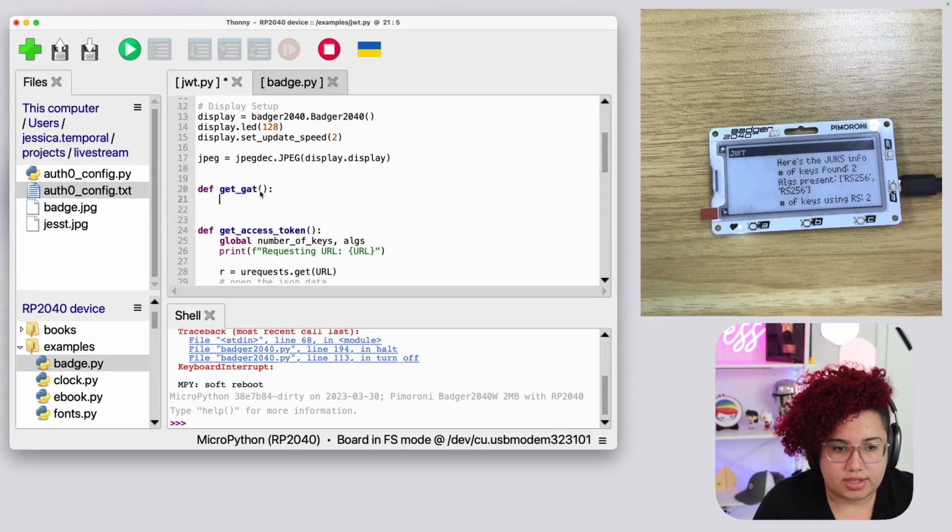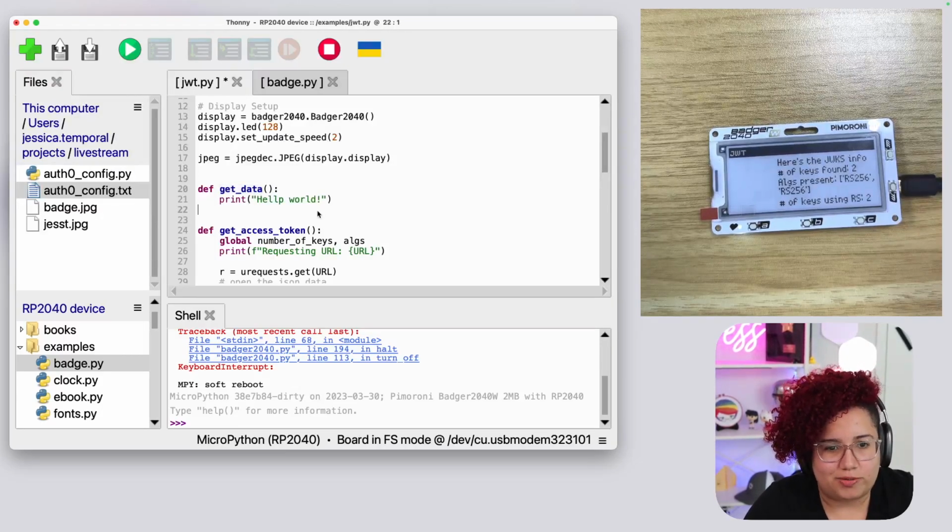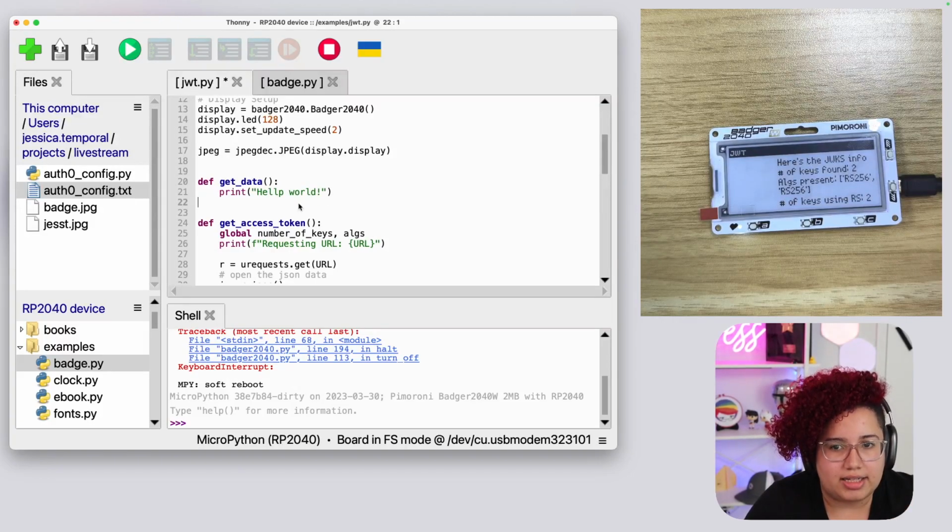Now, this is not doing anything so far, but I'm just going to do a print, and because coding new things always requires a beginning string, I'm going to do a hello world, get data. Oh my god, I cannot type, see, get data. Oh, there you go. And if I run this, I know that I'm calling get data in the end of my file.